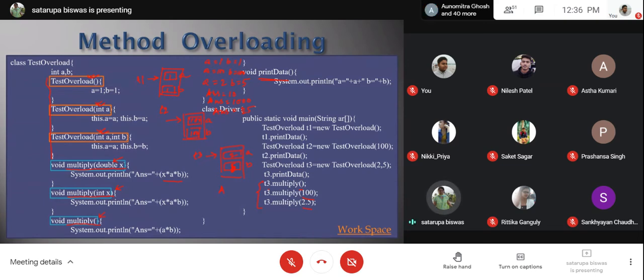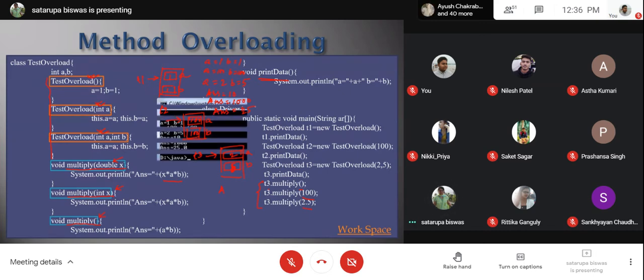So in 2 different colors, we have marked the constructor overloading and method overloading, and this is the answer as we have predicted earlier. The same answer is shown over here. So this is method overloading, the first type of polymorphism as we learn here, and it is compilation time polymorphism. Why so? This question is also very frequent.